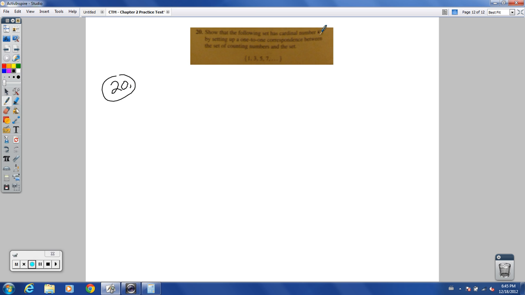The following set has cardinal number, and this is a little fuzzy there, but that's the Aleph null. So Aleph null, by setting up a one-to-one correspondence between the set of counting numbers and the set right here. So counting numbers, hopefully we remember those from before. That was the set starting at 1, 2, 3, 4, and so on, going on up to n and continuing to infinity. And then this set, I'll say the given set,